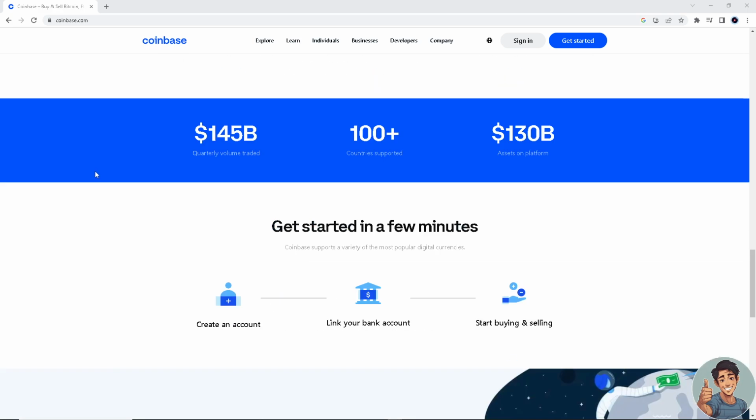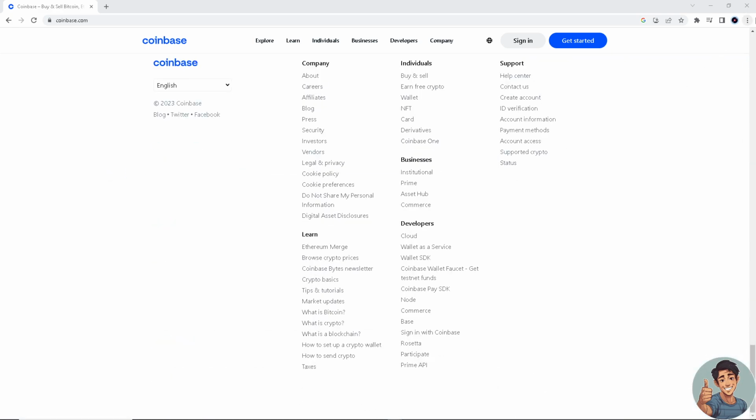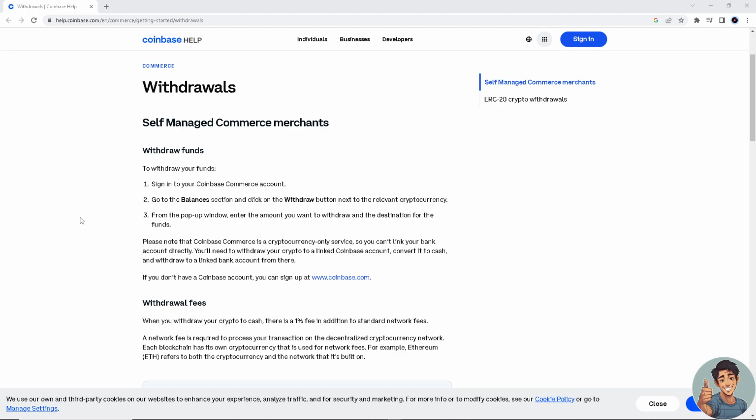And then we hover here at this help section. Just follow along with me if you're using your mobile device while watching this tutorial. All right. So here, this is how we self-manage Commerce merchants, and this is how we are able to withdraw